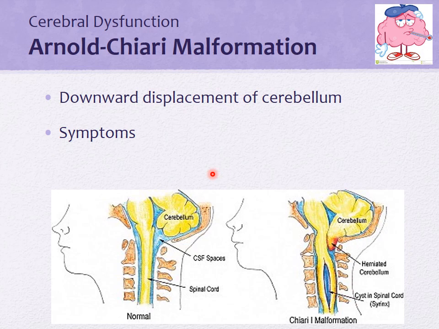So if they do decide to do surgical treatment, what that will do is reestablish the normal fluid circulation through and around the area, so the normal CSF circulation. So like I said, type 1, a lot of times they will not do surgical intervention. They'll have more of just treating the symptoms.